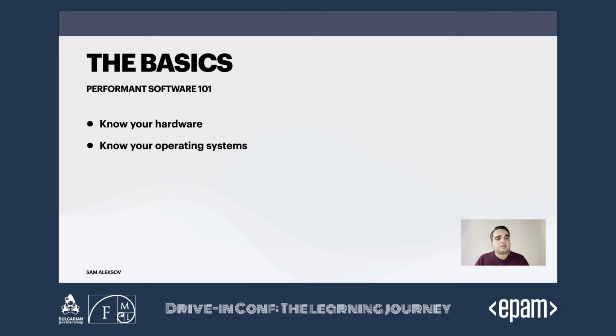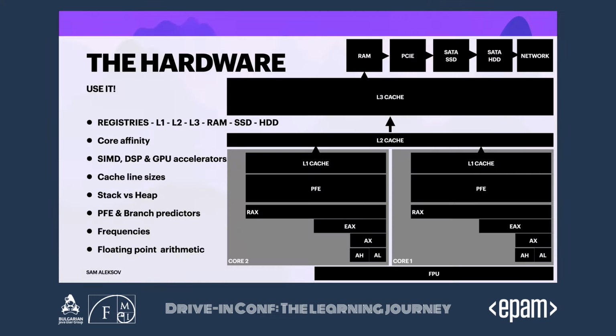The starting point is understanding your hardware and also understanding your operating systems. We're obviously not going to cover everything, but just the most important parts with actual examples. So you do need to know how your hardware is laid out and what the properties are of the machine where your software is going to run. And if you don't, you do need to write some code that is going to test for that and actually try to figure out what would be the best execution model.